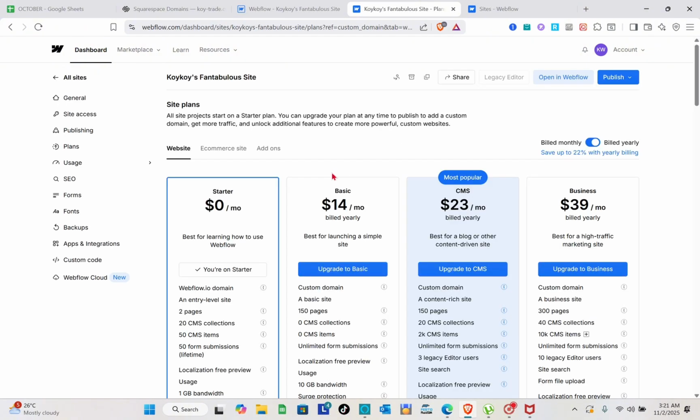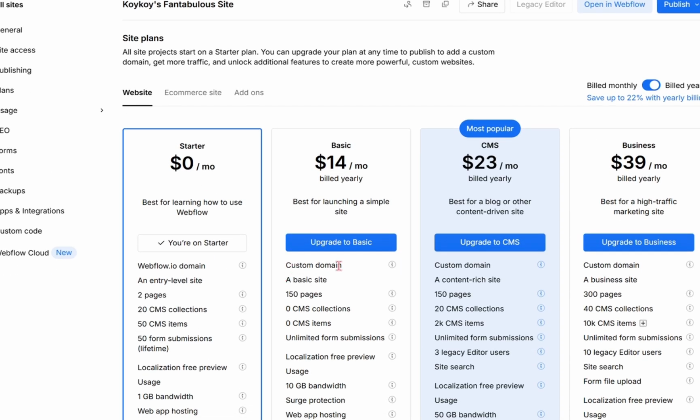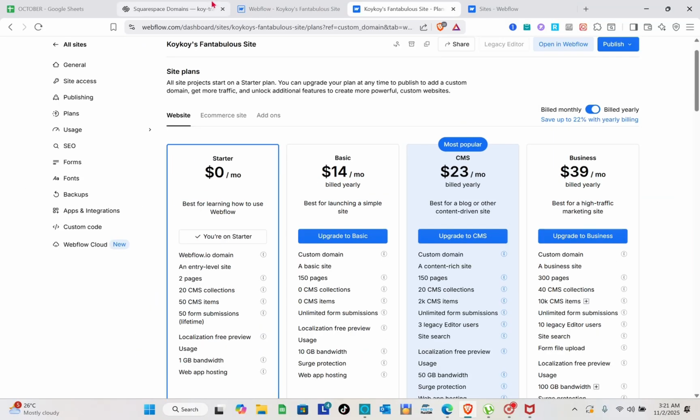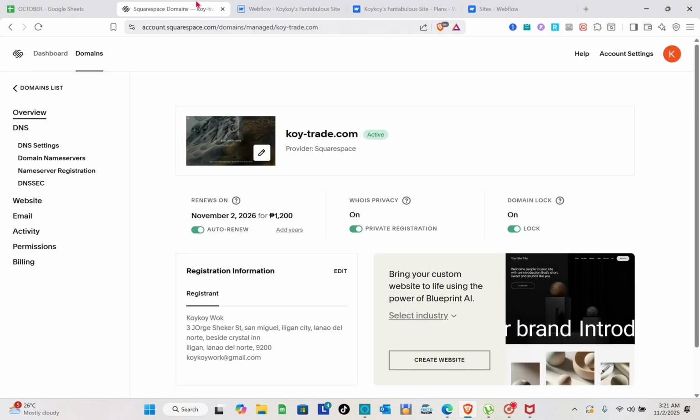So here on Webflow, in order for you to add a custom domain, you have to subscribe to a plan. Okay, so the basic is all good. So we have the custom domain right here. All right. So after subscribing to a plan and successfully purchasing this plan, all you have to do next is